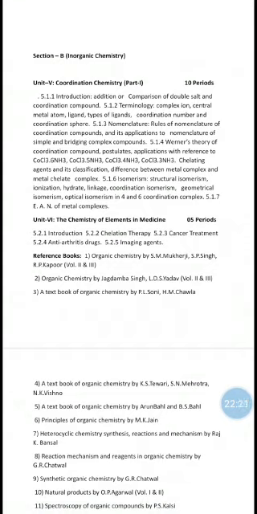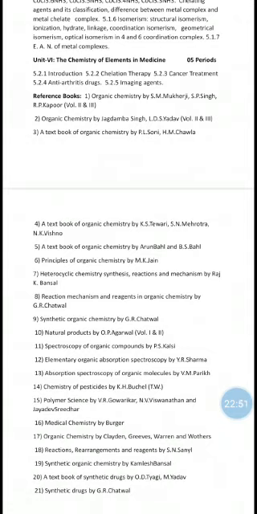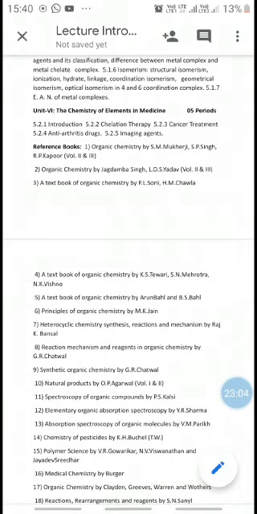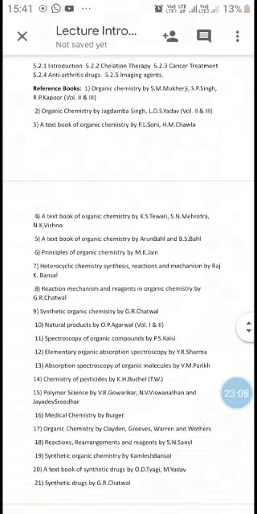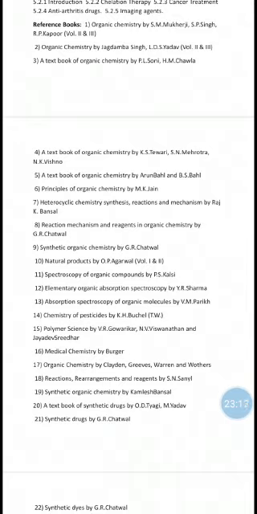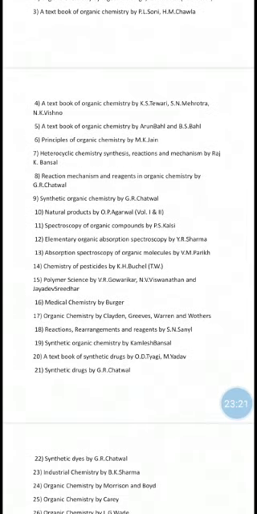For further reading, I will provide you some notes on all these topics, but for your reference or for further studies, you may go through some reference books such as Heterocyclic Chemistry by R.K. Bansal, then Organic Chemistry by Singh Mukherjee Kapoor, then Organic Chemistry by Jagdamba Singh, then Reaction Mechanism and Reagents in Organic Chemistry by Chatwal, then Chemistry of Pesticides by Buchel,